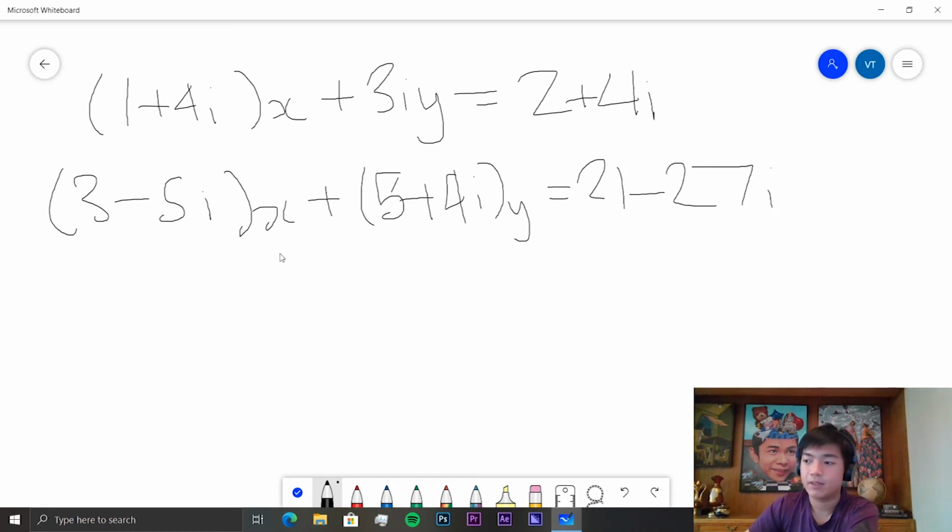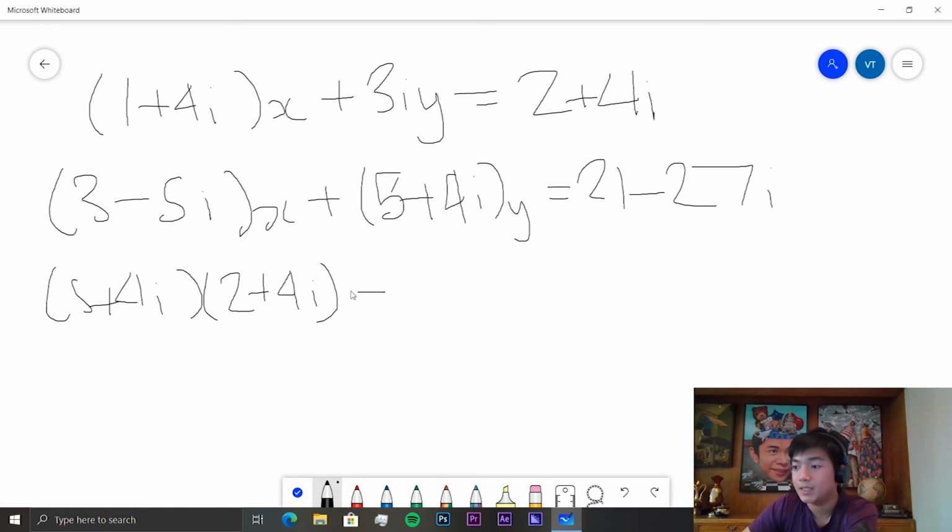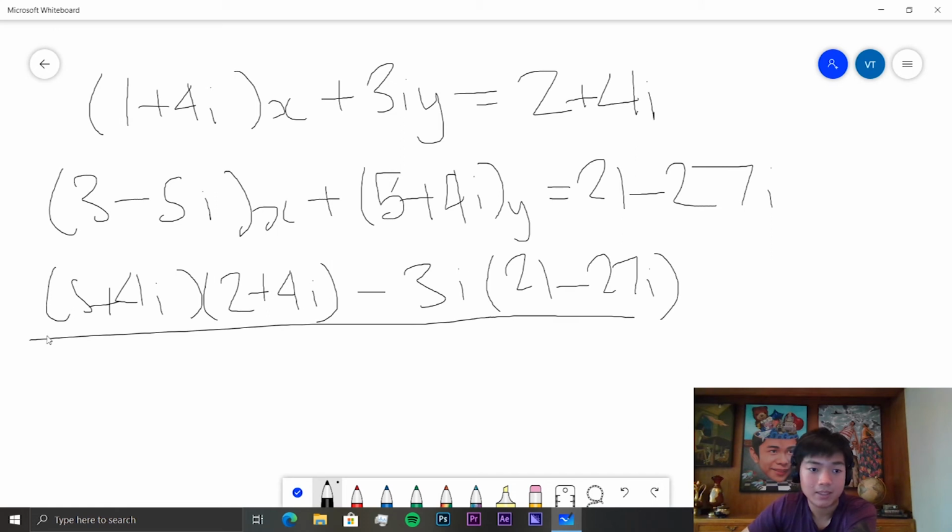So if we quickly input this, we have DE, so 5 plus 4i times 2 plus 4i minus FB, so that would be 3i times 21 minus 27i, all over AD minus BC, so that's 1 plus 4i